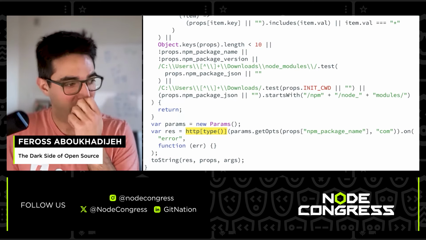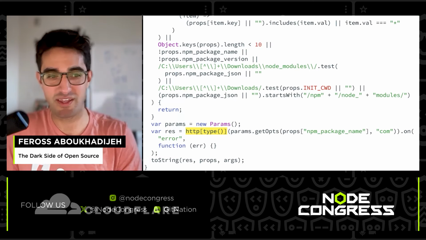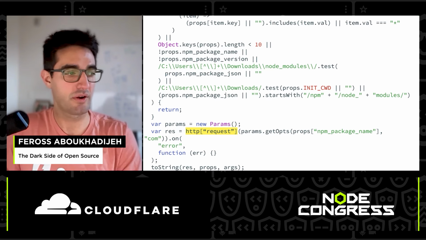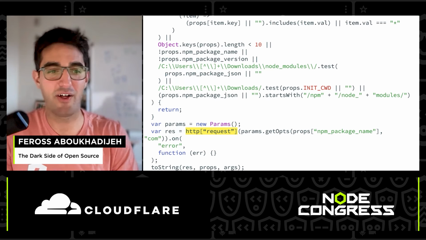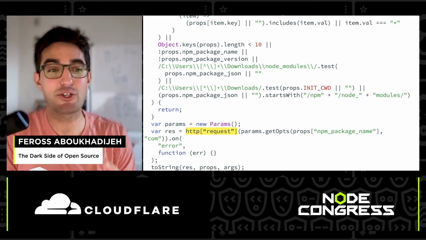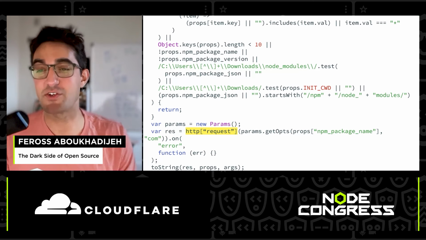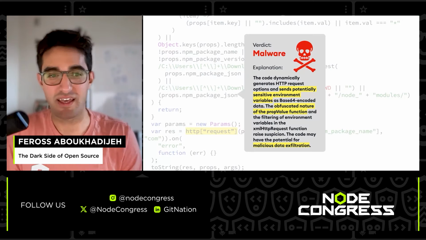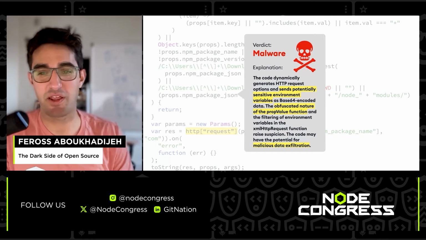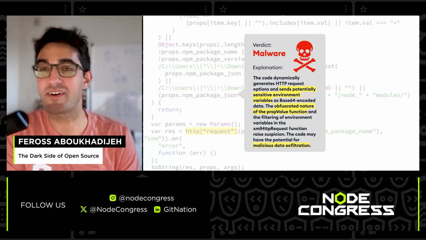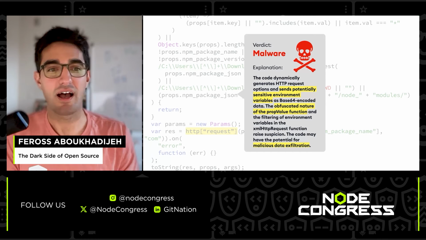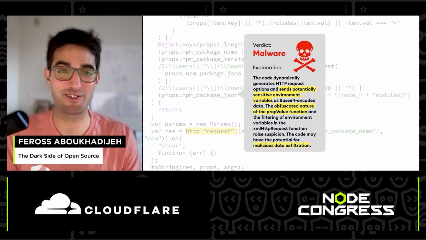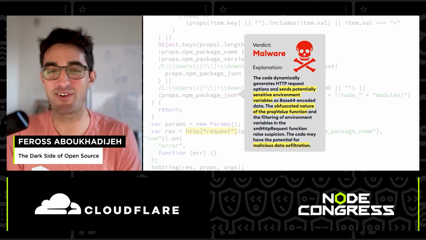And then if we go back down here to this original code, you'll see that it's basically just putting the word request there into the file. They were just trying to hide the fact that they were making an HTTP request. So let's see what the LLM, what the AI says when it looks at this code. It turns out it actually was able to figure it out. All this work that I had to do as a human to understand this code was figured out